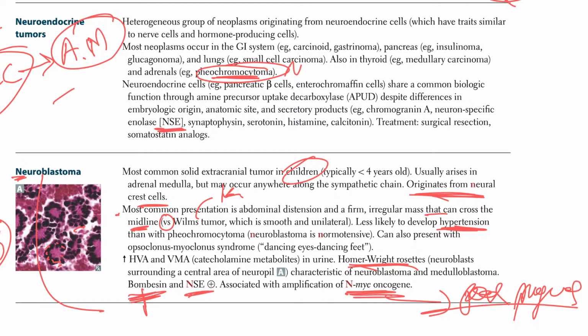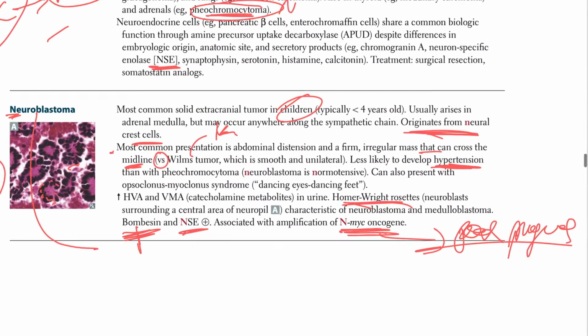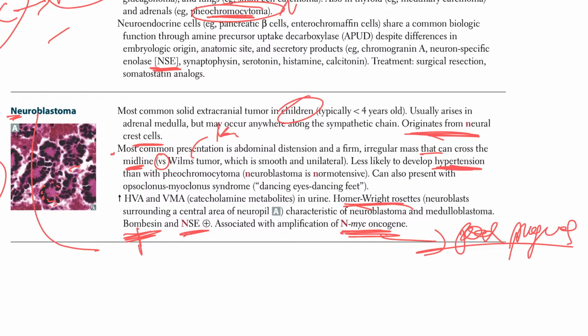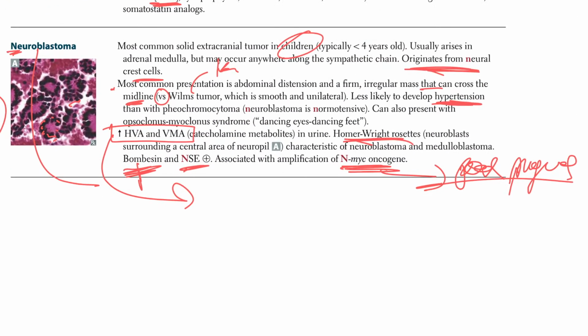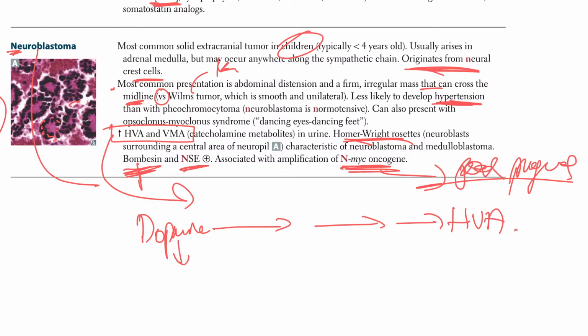What else can we think of? Yeah, that's pretty much what we have. So let's talk about these pathways, how we're getting HVA and VMA. Let's just do the biochem here. If you recall, we have dopamine. Dopamine gets converted eventually into HVA. Dopamine gets converted into norepinephrine. Norepinephrine gets converted into